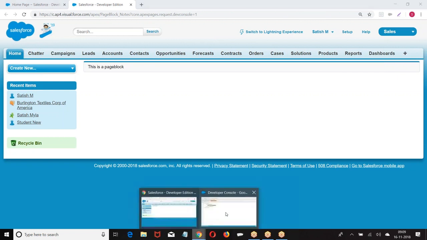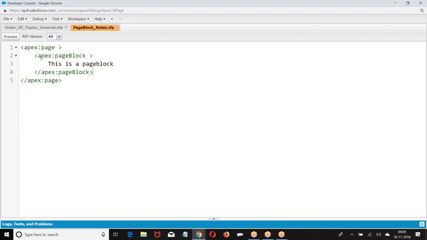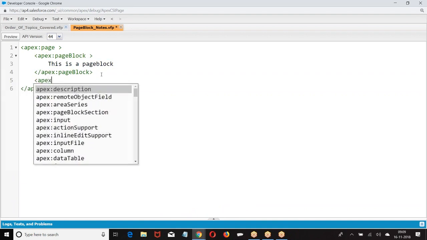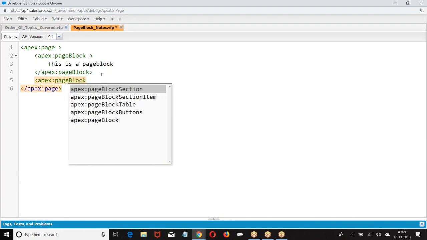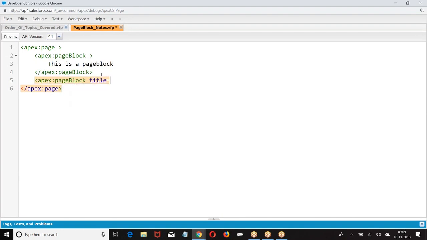Now, let us go to the next one. Same page block I was giving, Apex page block title. This is account block.